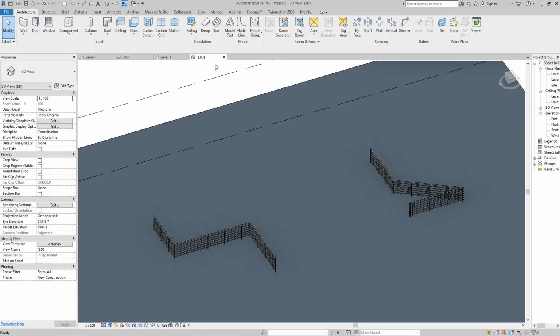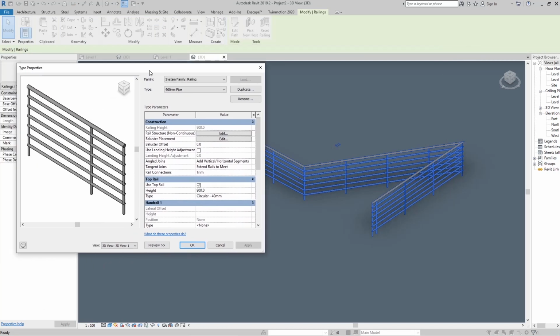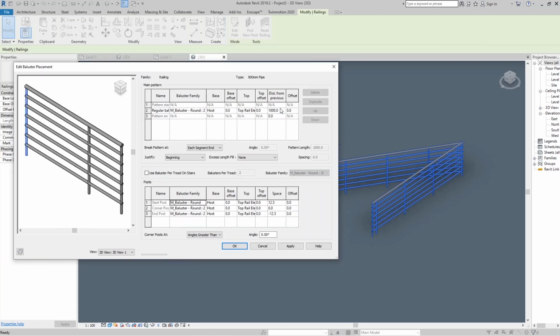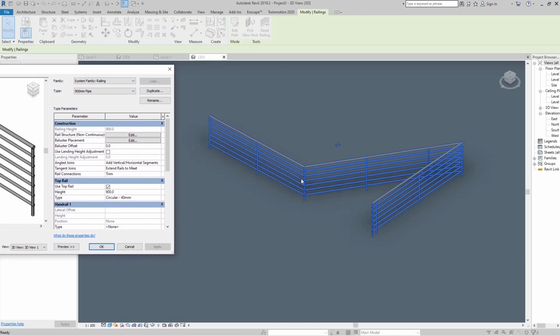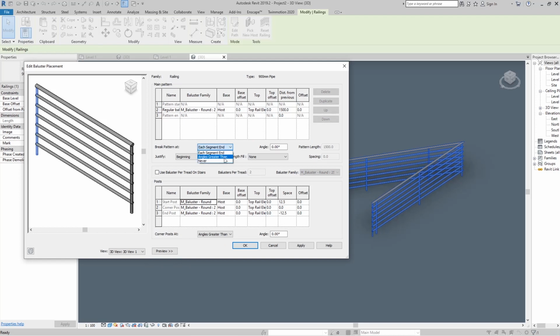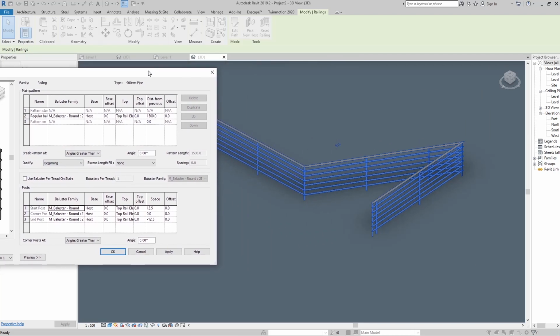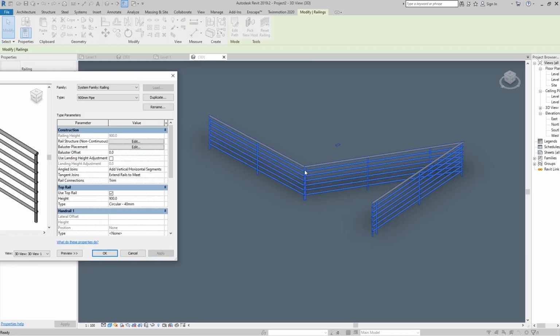146. If we go here and say something like this, we set this distance from previous to maybe 1500 and go to Apply, and you can see here we have 1, 2 elements, and here we have this rest, and so on. If I go here and say angle greater than and say something like 60, you can see here we don't have this break here because